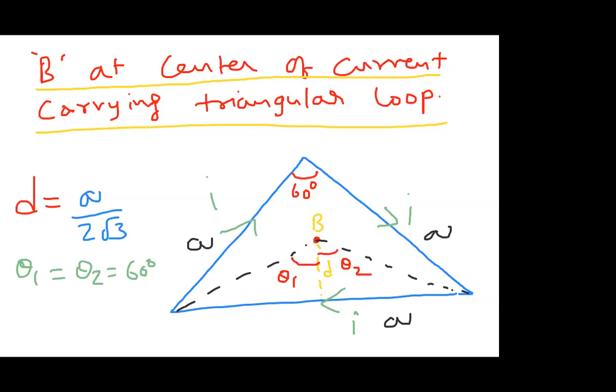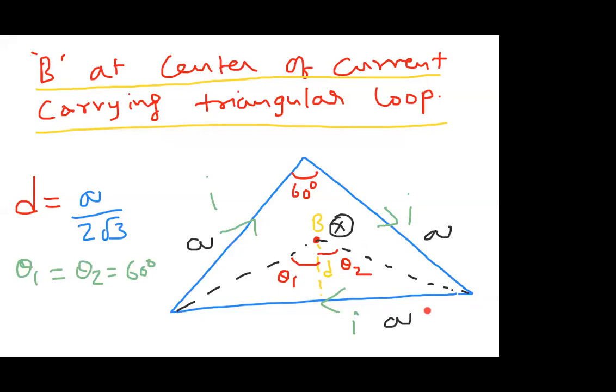How do you know it is into the plane? Because current is flowing in clockwise. Whenever current flows in clockwise in a loop, then magnetic field induction will be inside. If current flows in anti-clockwise in a loop, then magnetic field will be outside. Here, as the current is flowing in clockwise, magnetic field induction at the center will be inside. So because of this conductor also inside, this conductor also inside, this conductor also inside, the net magnetic field is inside. Now what we did here, we calculated magnetic field induction as B because of only one conductor, and we got the value.